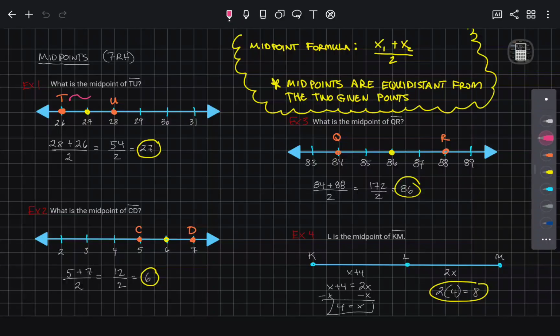You can see an example of that, and as simple as it could be, 26 to 28. That's a difference of 2. They're 2 away from each other. Half of that would be 1. That's why 27 is the midpoint. You could also take the approach of going, all right, 26 plus 28 divided by 2, and then it redistributes